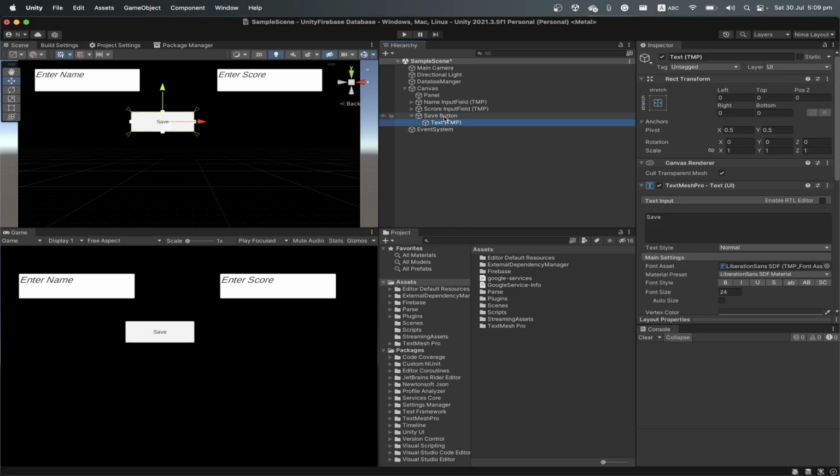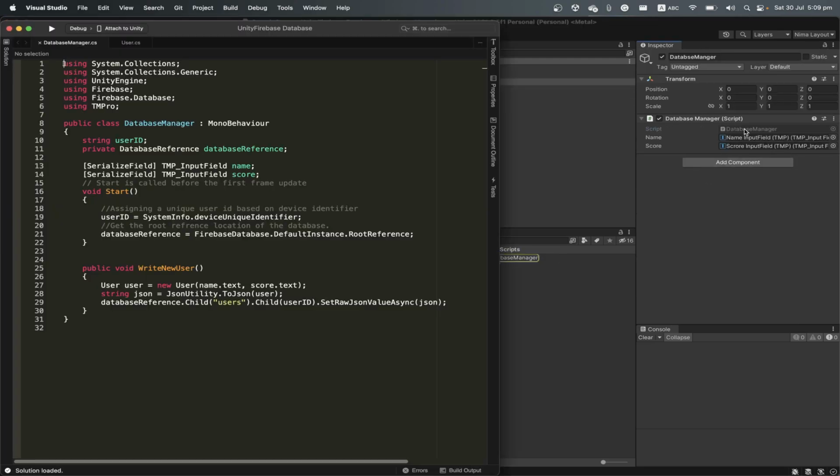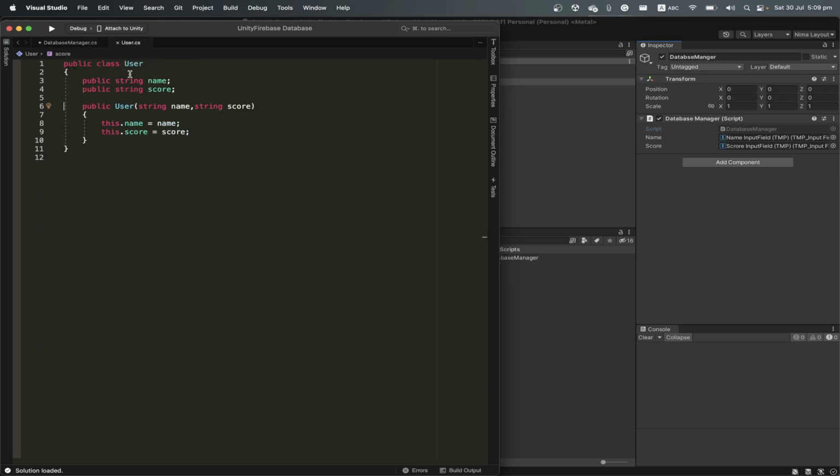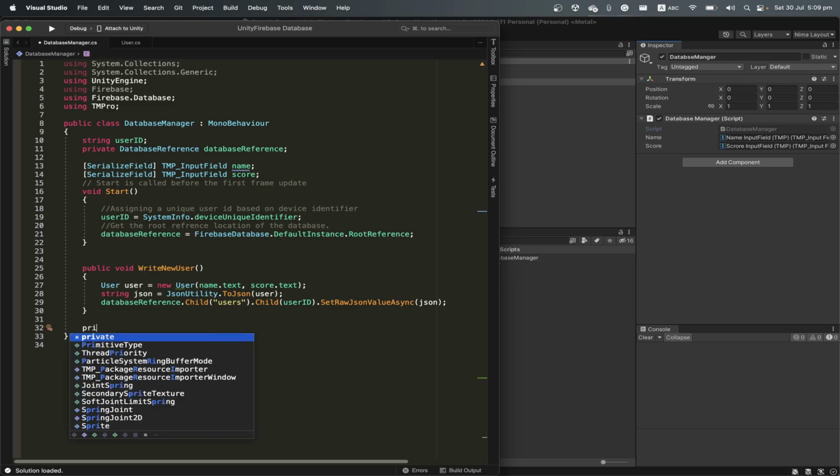And now what we want to do next is go back to the code. So we know how to save data. Now we need to find a way to get the data back. The way you do that is, the data that I have is the name and score in this example. So you need to define which data point of the user you want to get back and write a function for that. So this one is gonna be